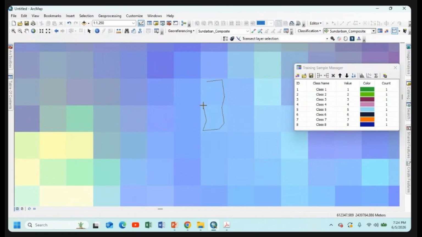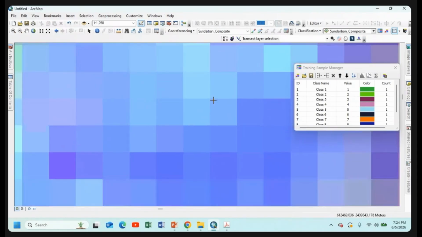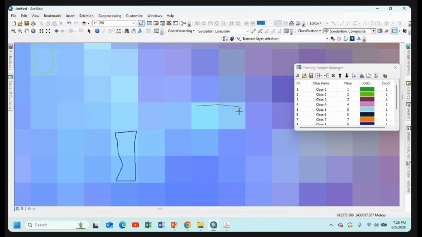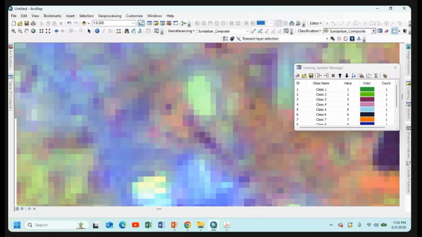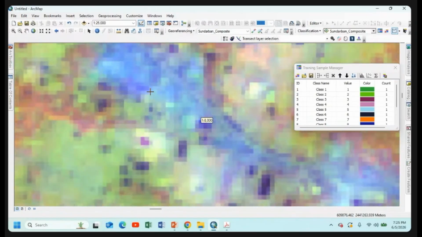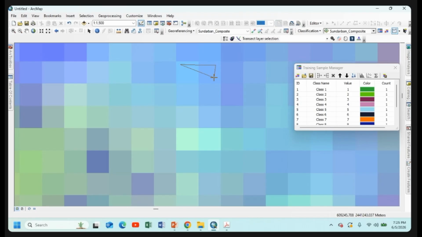This is our urban area. You should try to take the training samples as accurately as possible, pixel by pixel. In SVM, the margin or hyperplane is separated very prominently, but in the case of MLC, the marginal line is not properly identified, so you are very responsible for taking the training samples properly, pixel by pixel. We will take more urban areas because urban areas are the most critical features in land use land cover. So this is our cyan blue or light blue color.